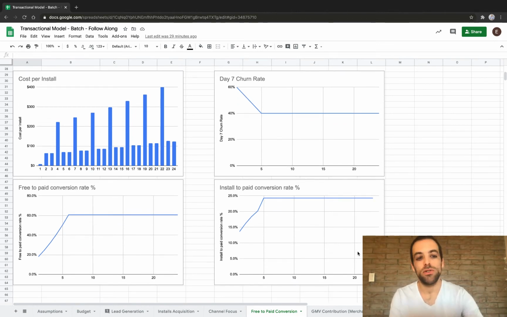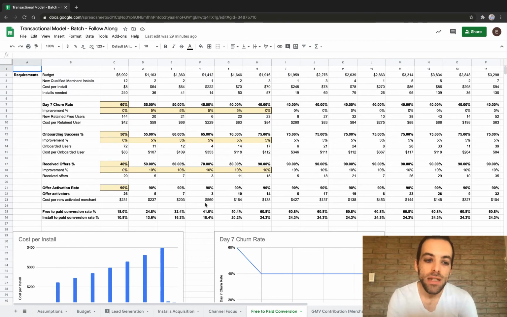We'll have a better understanding of, based on the cost per install that is growing over time, what are the other metrics that I need to work over the first, call it 5 months in this case, or first 6 months of launching, things like the churn rate or the conversion rate from my free install to paid accounts, for example. But most importantly, because this is a B2B product that a merchant might use to install on their store, for example, this is just an example,